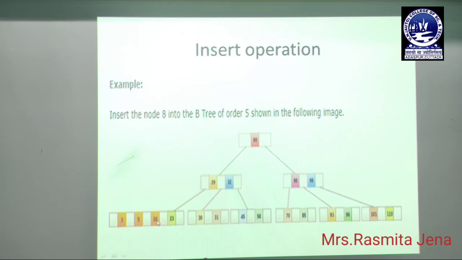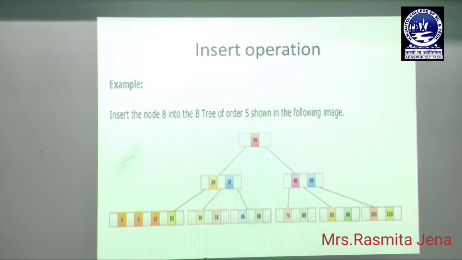But you can see the node already contains m minus 1 keys, that is the maximum keys of the node. So when we insert the node 8 in this position, the mid element will move to its parent node. When we insert 8 according to its ascending order, 8 will be the median element.